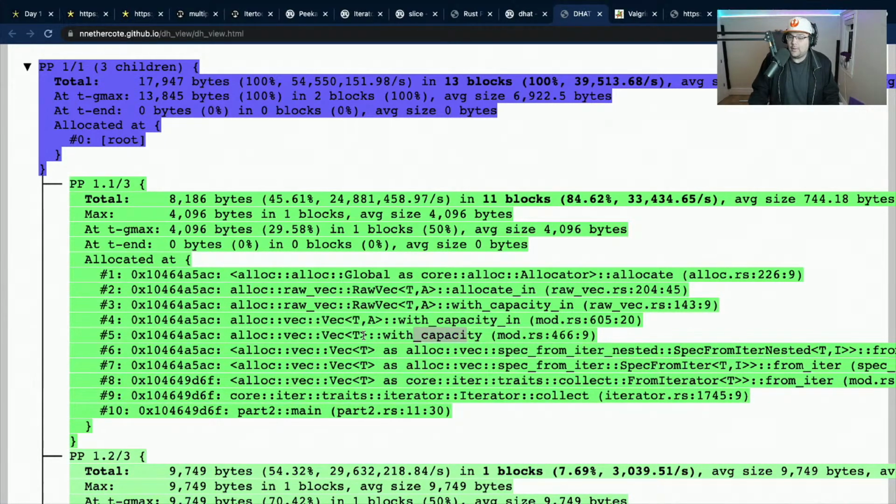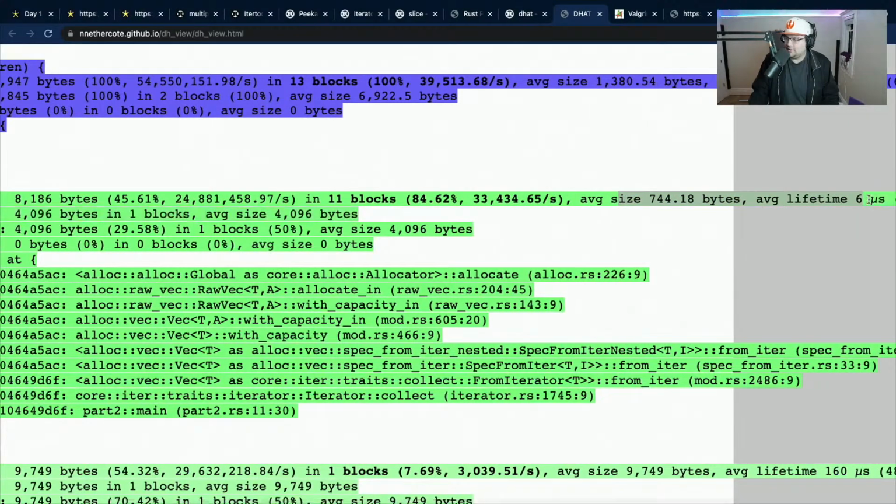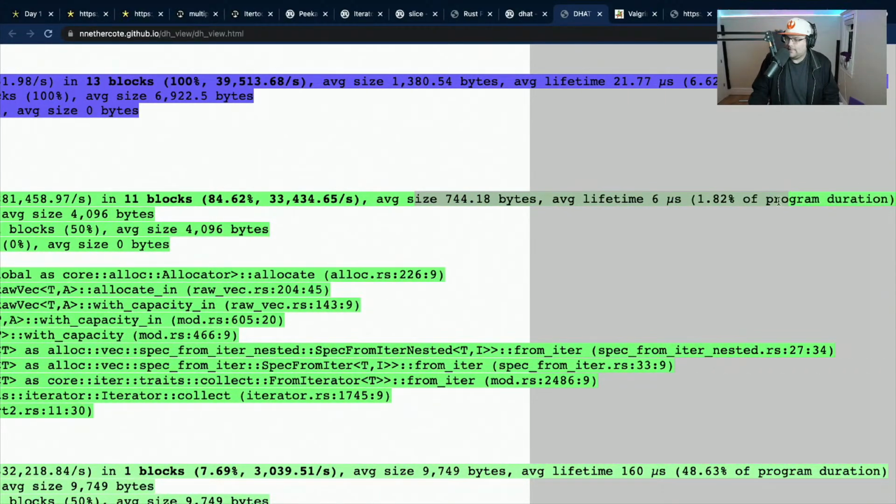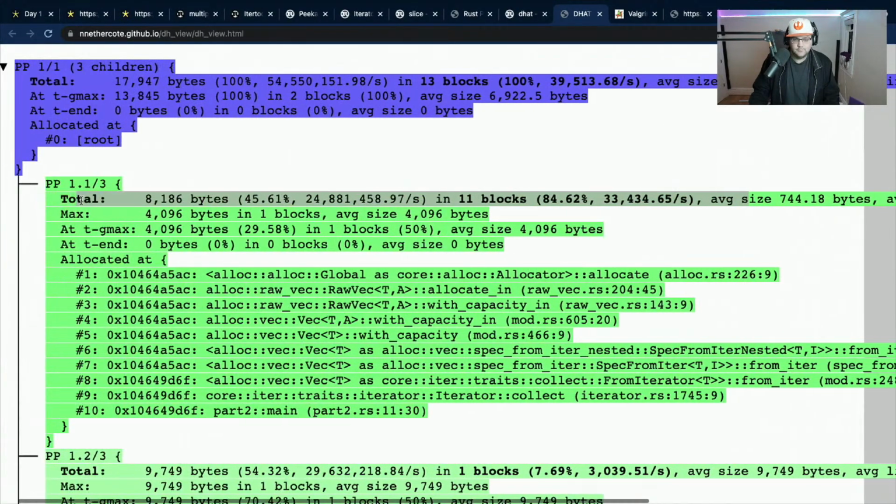We do a with capacity here in the collect. So I'm not actually sure. But I could go dive into these and figure it out. Like when we with capacity, what are we actually with capacity at?